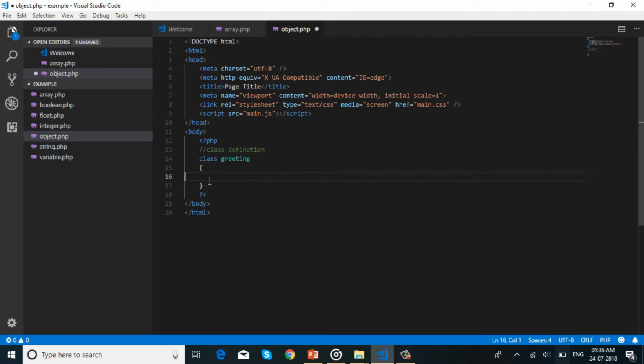Inside a class, we create the properties and methods of this class.